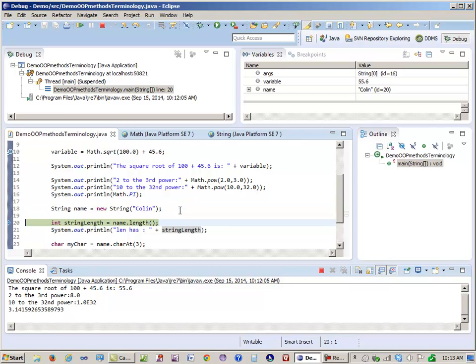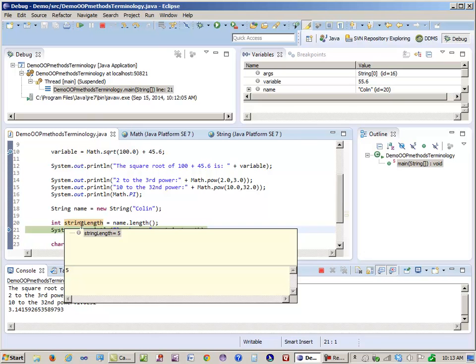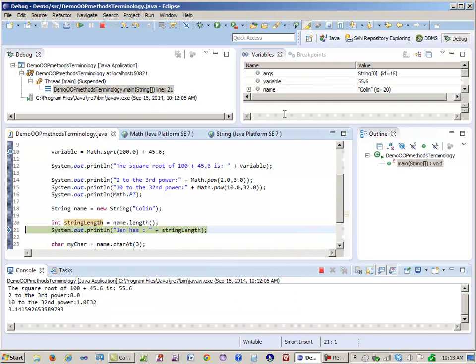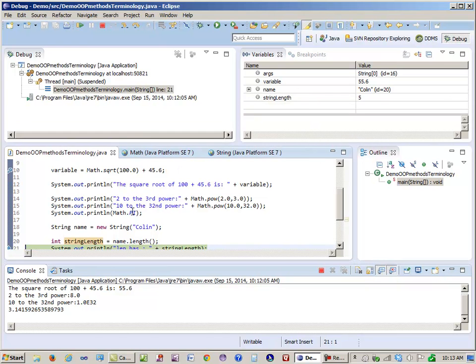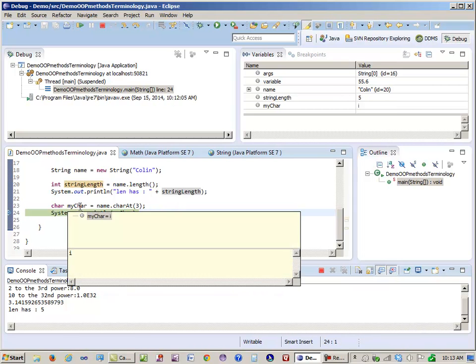In your assignments coming up, as you develop your skills in writing algorithms, you will need the debugger all the time. So get used to working in here. See the variables as they change as you execute lines of code using F6 in Eclipse. So what's in character? My car, it's an I,